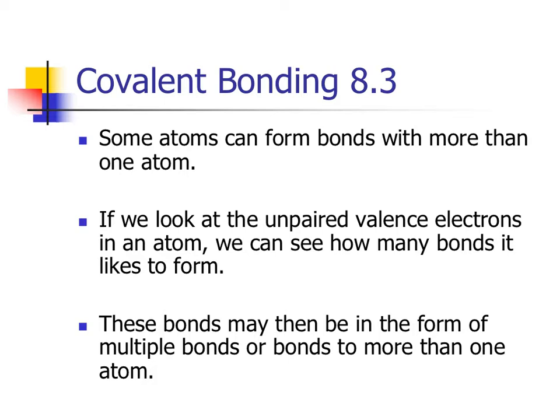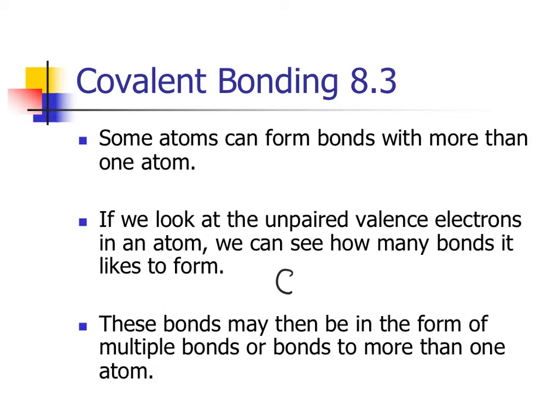Now, why we bring this up is that some of the atoms can form bonds with more than one atom. If we look at the unpaired valence electrons in a regular Lewis dot structure, we can get an idea and see how many bonds it actually likes to form. So these may be a way to figure out forming multiple bonds, or bonds with more than one atom. For an example, if we write out the Lewis dot structure for, say, carbon,